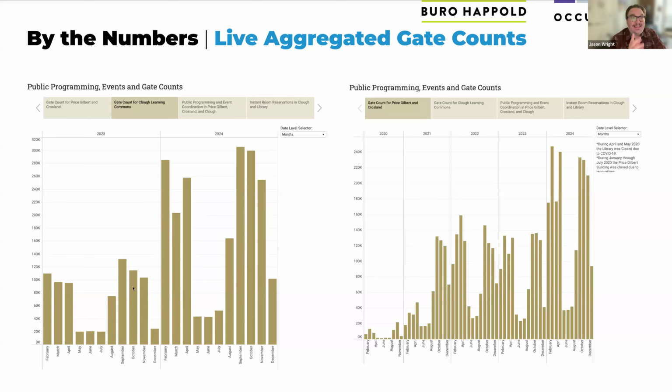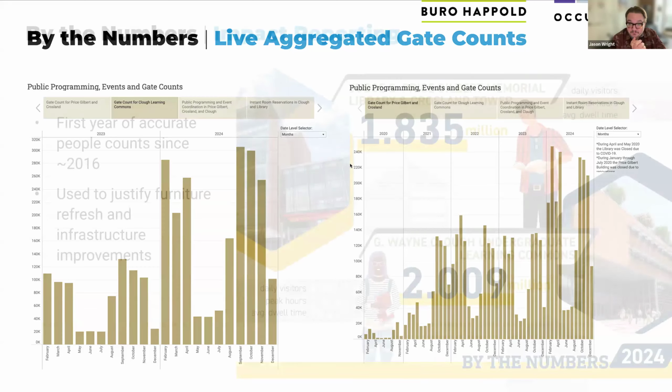Prior to renovation, the way that we were able to get gate counts was students had to swipe their buzz cards to get into the library. We did not have that from 2020 on. We had an older system that existed in Clough, but it started to not be supported. And so 2023 was absolutely our best guess. However, now we know exactly. And if we can go to the next slide,